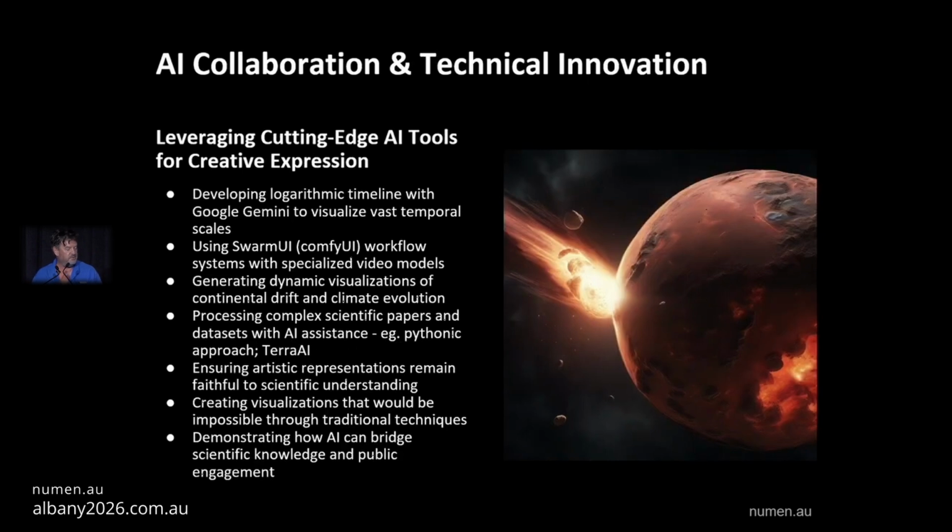As I indicated, very interested in using these cutting-edge AI tools. One of the big challenges is to develop a logarithmic timeline, because I need to be able to zoom out from billions of years into the present. I'm kind of interested in the present, as I'm quite interested in the philosophy of time at the moment, like what is the present moment. And so I'm thinking of a timeline that can zoom out to 4.6 billion years and then down into the current attosecond or femtosecond, which is a tiny, tiny period of time where you could see how far a photon of light moves. And the concept of what is the present is sort of interesting.